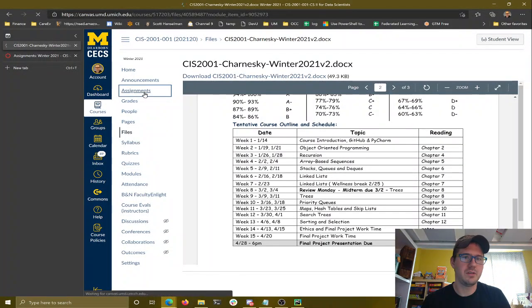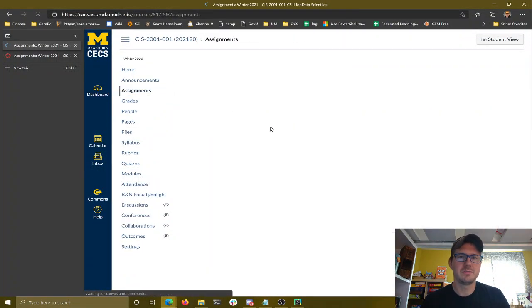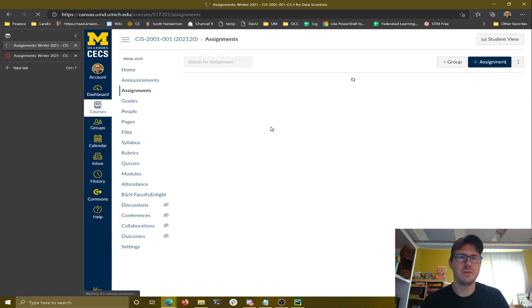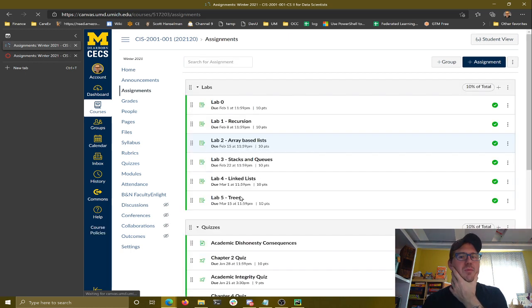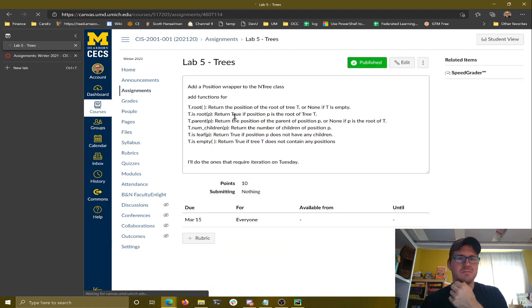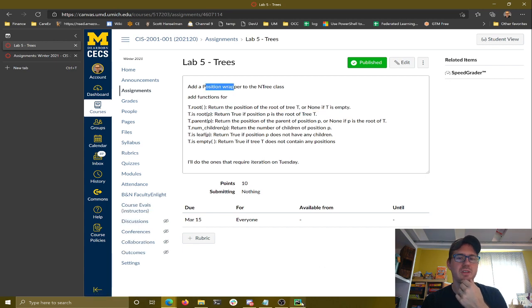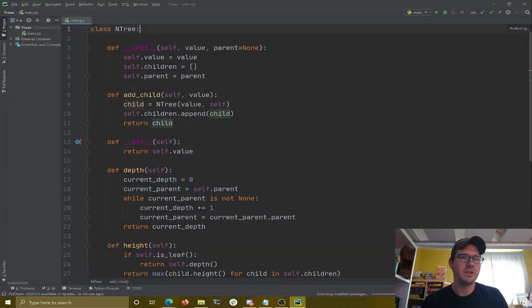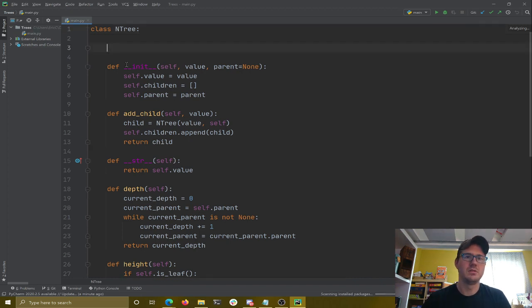Right? Let's pull up the lab here. And this was right out of the textbook, kind of following along, but doing it with an N tree. He didn't actually implement those with an N tree, so I thought that might be more interesting for us to try. Okay, so root, give the position of a root. So again, we need this position wrapper class. The idea is that we have another class for position here, and that we're actually going to interact with this one. So we have a class position,